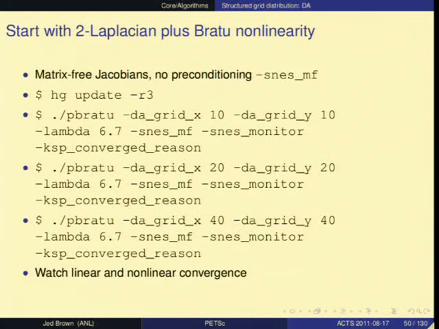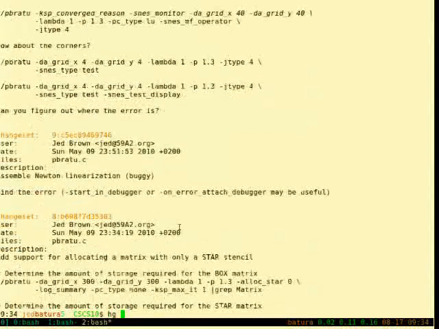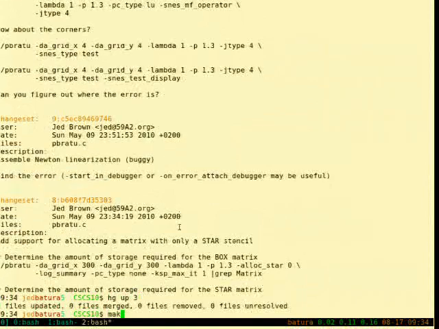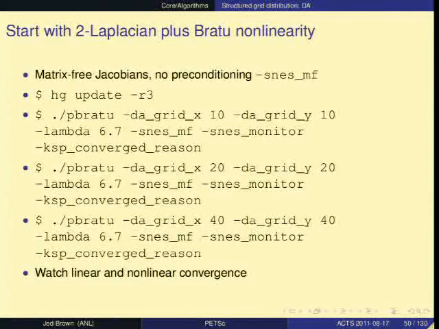So we can go back to that example. We can update to revision 3 and build it.